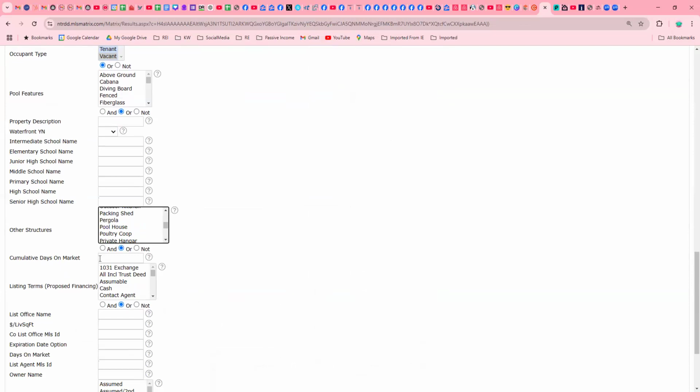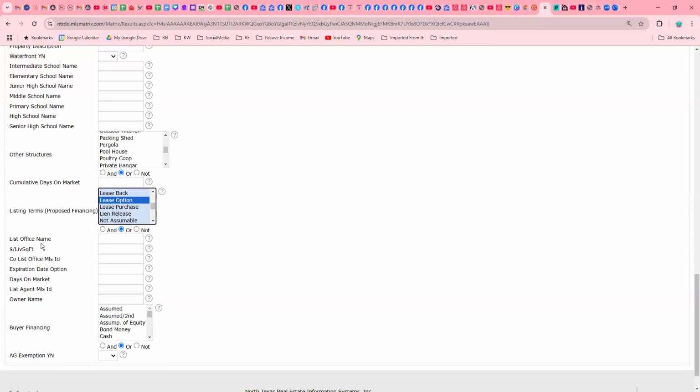Maybe you're looking for somebody who was looking for an assumable loan in case you were thinking about trying your hand at subject to an existing loan type of proposition to those sellers. Or maybe you were thinking about somebody who would be open to lease to purchase type of situations.